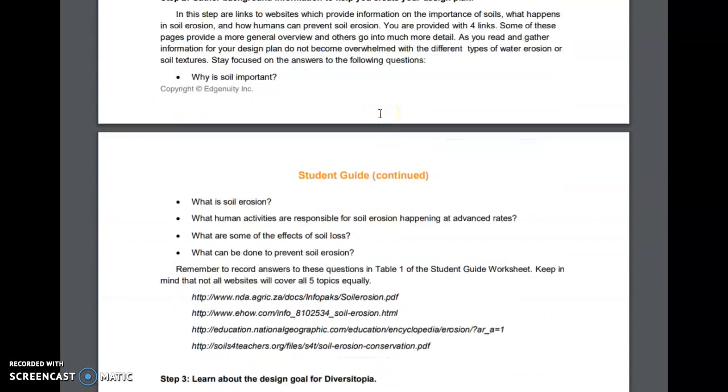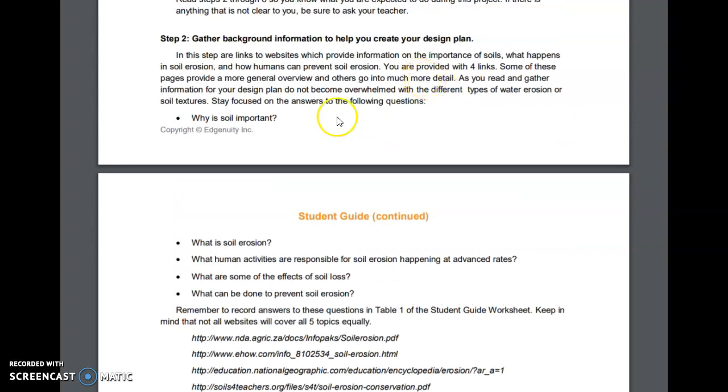So you are going to gather background information to help you create your plan. You're going to answer these 5 questions. Why is soil important? What is soil erosion? How are human activities responsible for soil erosion happening at advanced rates? What are some of the effects of soil loss? What can be done to prevent soil erosion? And then you're going to go down to table 1, which I'll show you in a second, to answer those